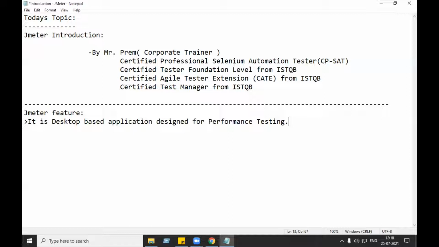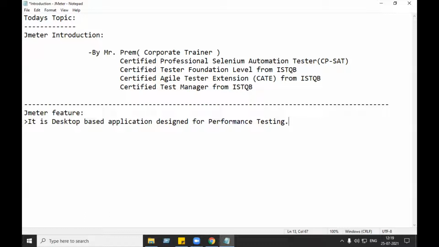Like you can see Facebook or Gmail, they have lakhs of users. So in how many seconds or milliseconds the application is giving response, if you want to check, then JMeter is the best tool for this. In current days, performance testing is very much important. Why? Giving services is not important. How quickly you are giving services, that is important.